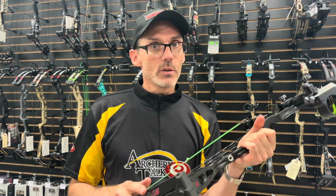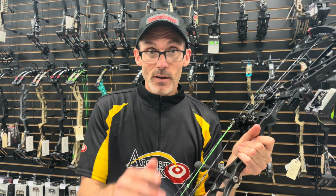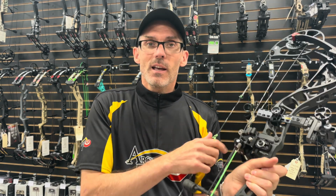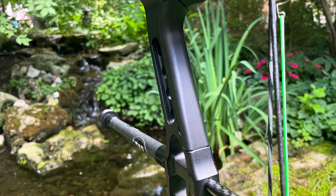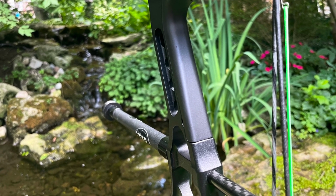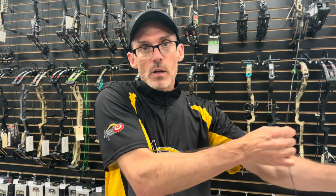Bowtech for a number of years had a grip that I just didn't like. I found it kind of rounded and it just didn't fit my hand right. It wasn't repeatable for me personally. They switched to the clutch system, and it has absolutely changed how I feel about a lot of Bowtech bows. It feels pretty much perfect in the hand and gives me a little extra confidence when I'm trying to shoot